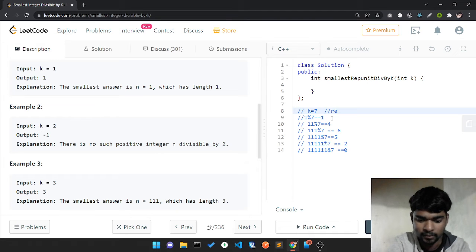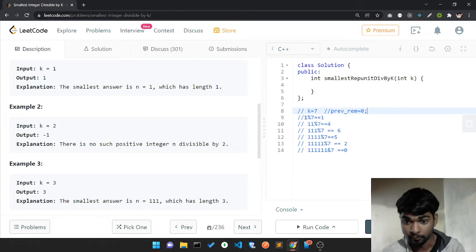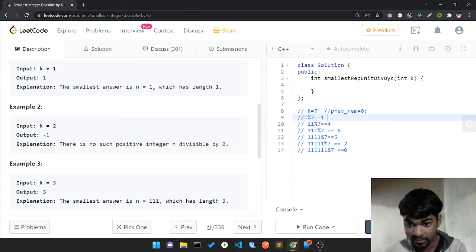So previous remainder is 0, and my current remainder is 1. Current remainder 1 and previous remainder 0.